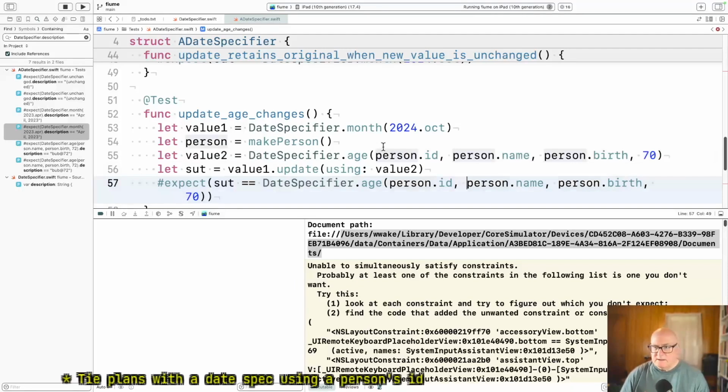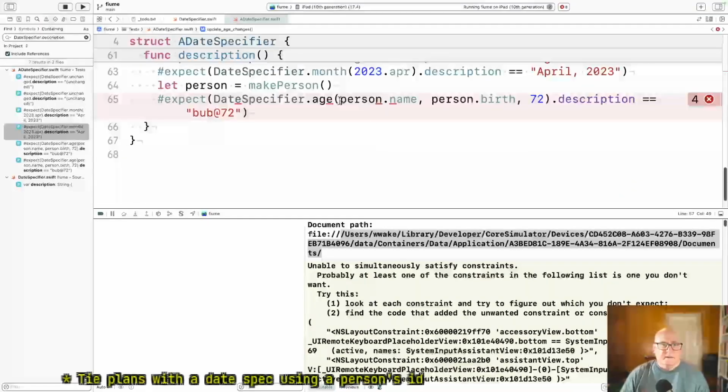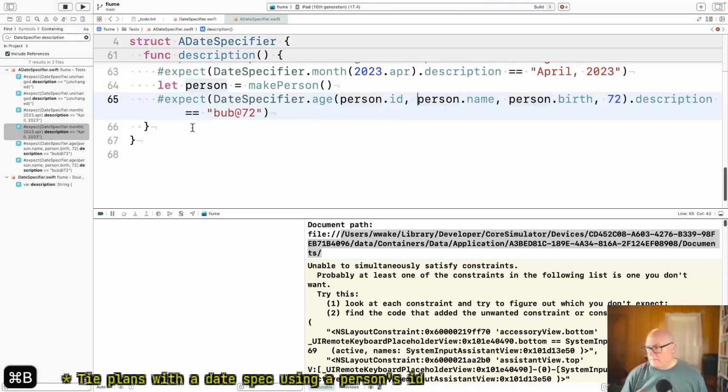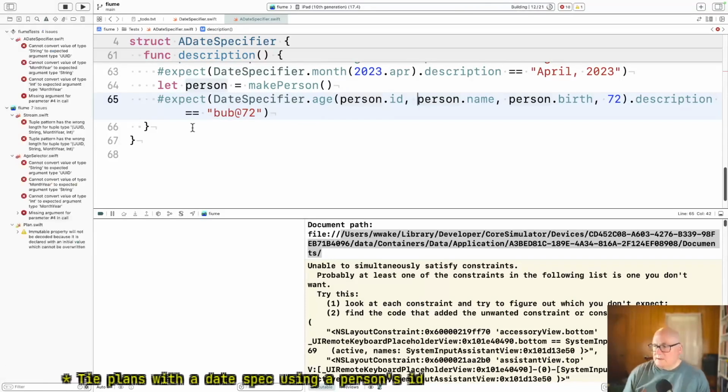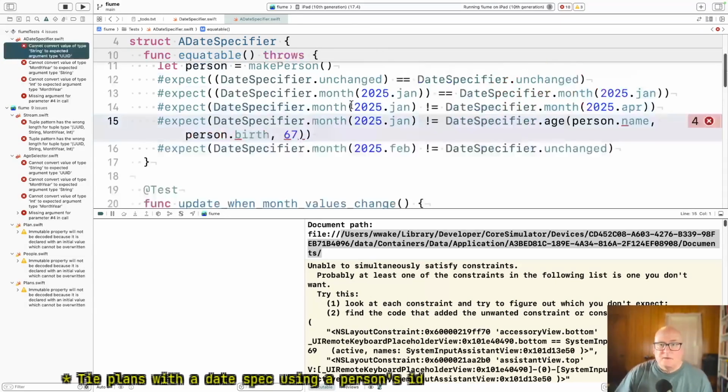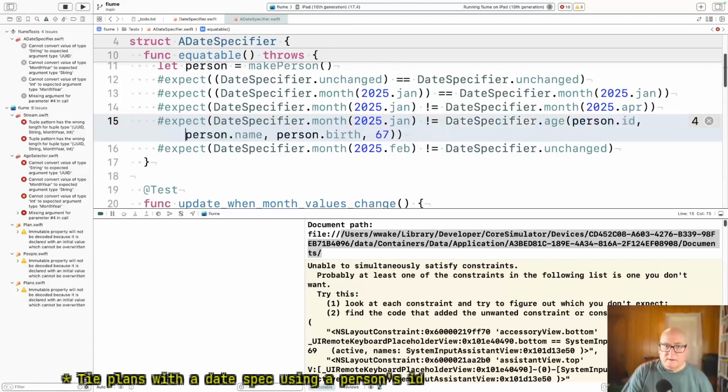Funny to me that the tests are the ones complaining. Yeah, the picker uses that. Well, the picker selects the name, but that description I think is showing up in the row when you get it. Okay, so here we go. Person.id.